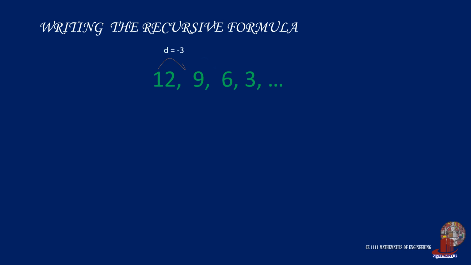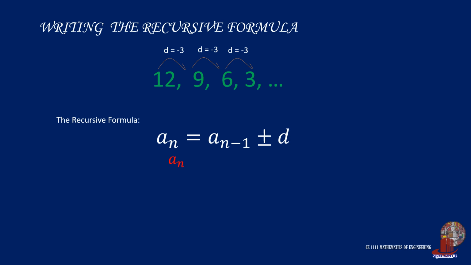The next example with 12, 9, 6, 3, and so on shows a common difference of negative 3. So with the recursive formula, the specific rule for the example lies with a sub n is equal to the current term less 3. Now check the succeeding terms, starting with a sub 2, which is a sub 1 minus 3,